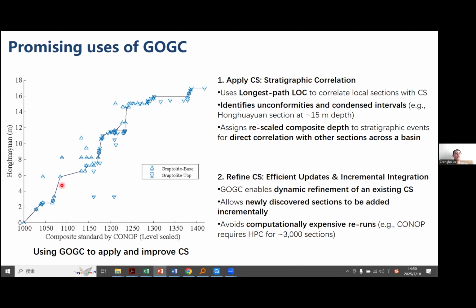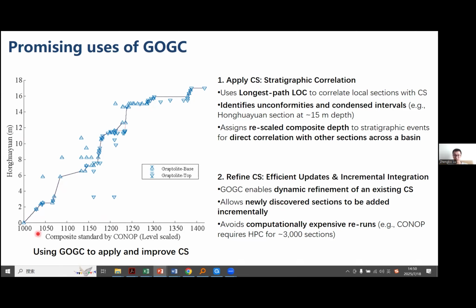And based on the LOC, we could identify the hiatus or the condensed interval in the Honghuayuan section, because we see there is a nearly horizontal line of correlation at around 15-meter depths in the local section. Also, we could assign the rescaled composite depths from the composite sequence back to our local sections for every stratigraphic event, so that we can apply a directed correlation with other sections across the same basin based on this unique